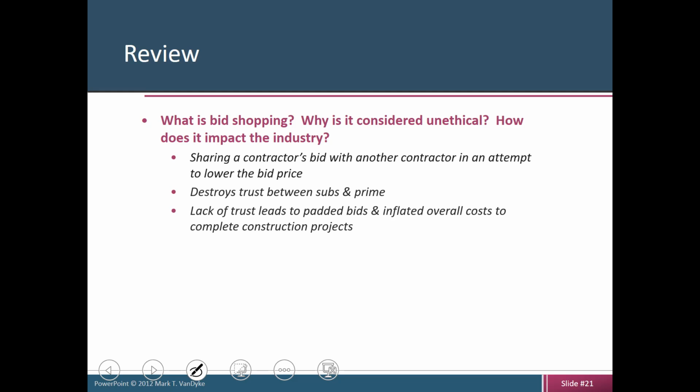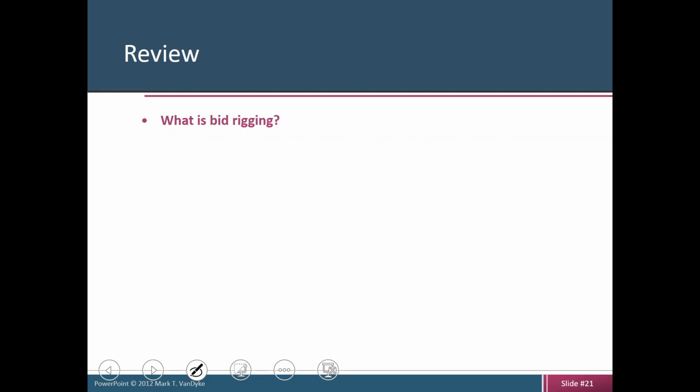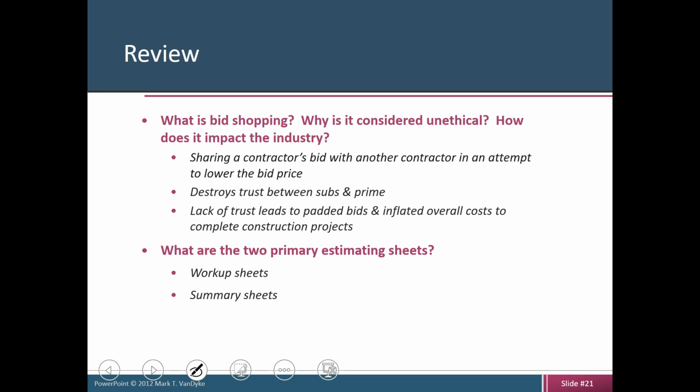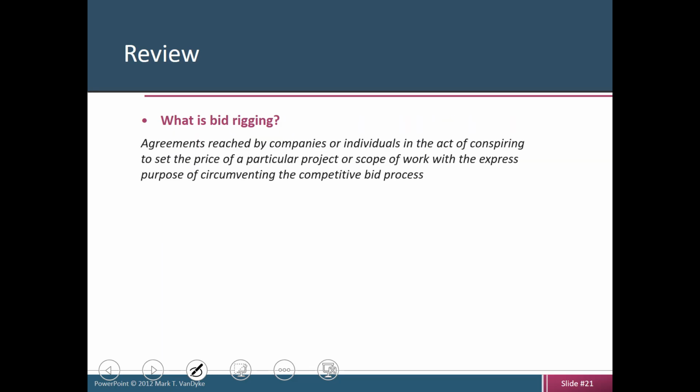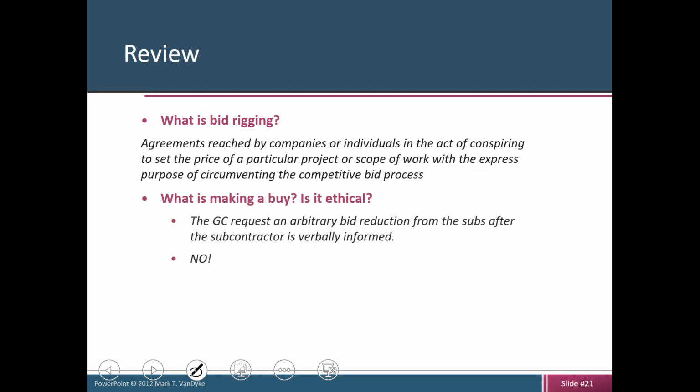We talked about bid shopping. It's unethical. It really destroys the trust between subs and the prime. Not a good idea. We talked about two primary estimating sheets, being workup sheet and summary sheet. We talked about bid rigging, and we said that it's an agreement by companies to fictitiously raise their competitive bid, and that'll affect the competition in the bidding process. We talked about making a buy, and we said, first of all, it's unethical, and second of all, it's not negligible. So 1%, 0.5% can turn out a lot on